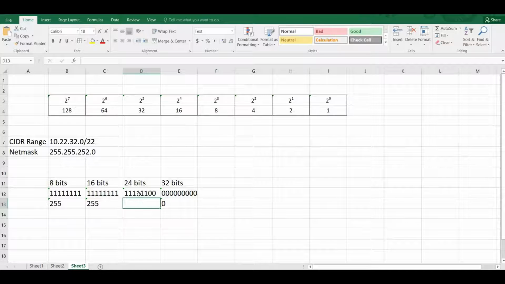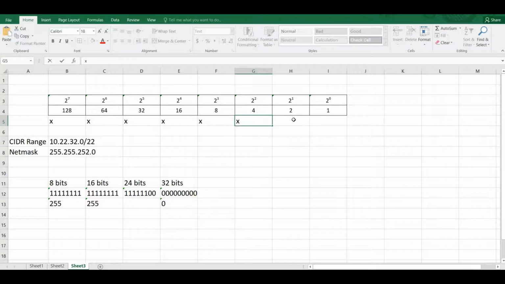Now we will calculate the third segment. In this case, we have to substitute in this table. Say we have 6 fixed bits and 2 available bits. So this is fixed, this is fixed, this is fixed, this is fixed, this is fixed, and this is fixed.